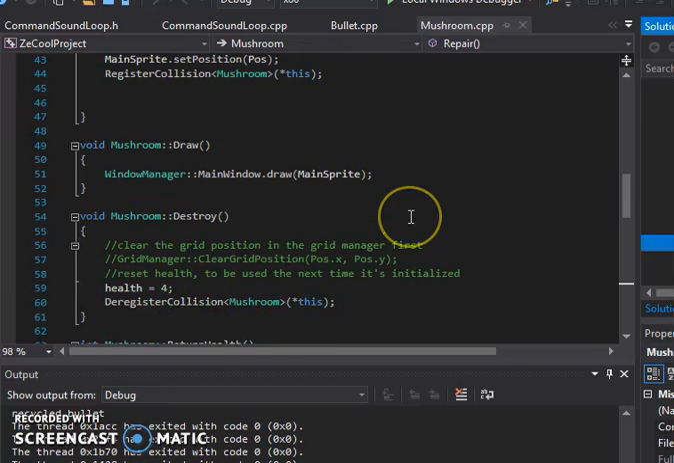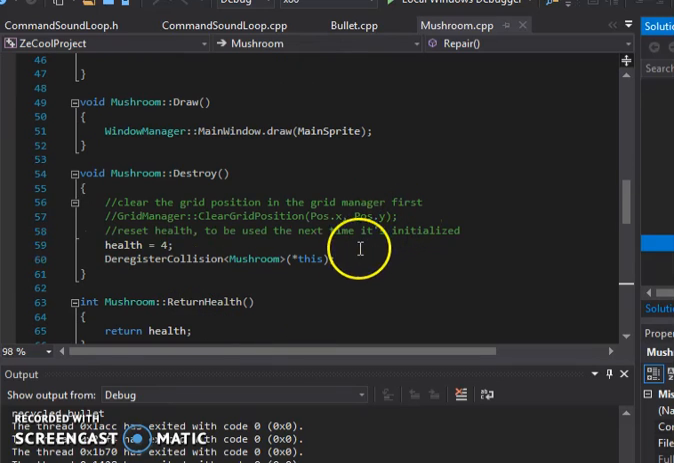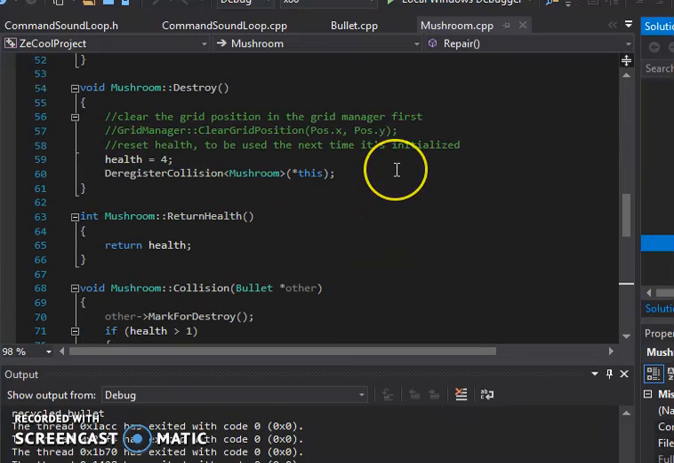The draw just has the regular draw. And here, upon destroy, we reset the health to 4 and deregister collision, which essentially resets it for